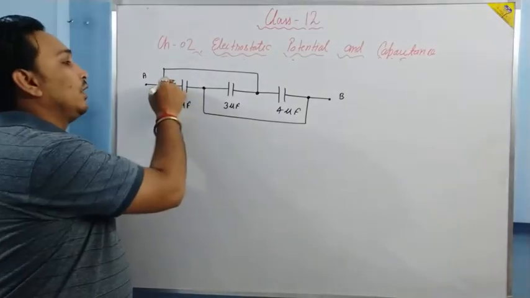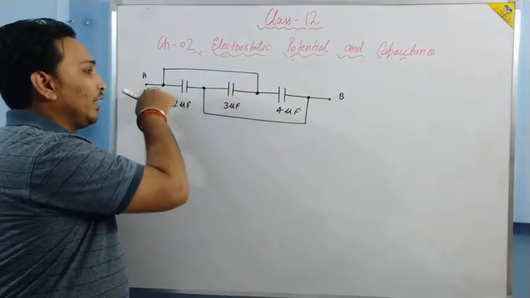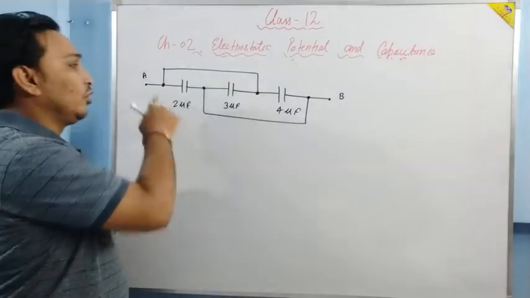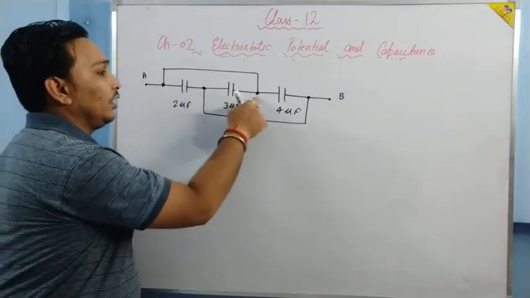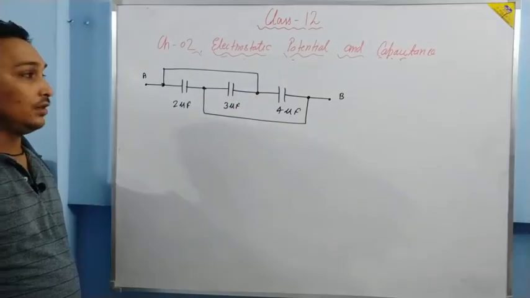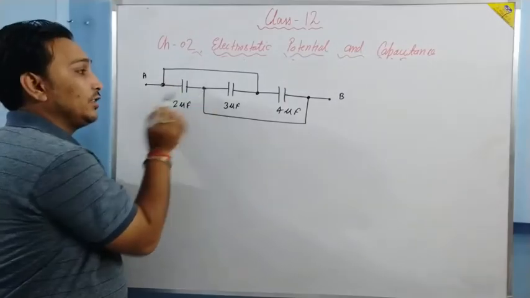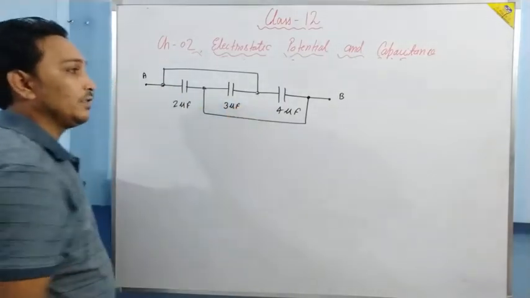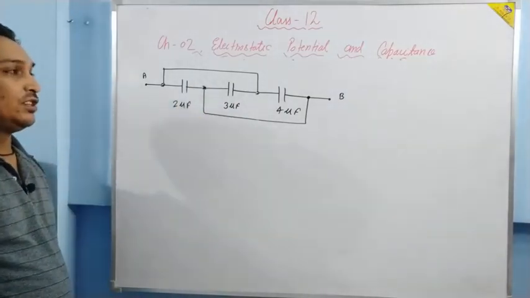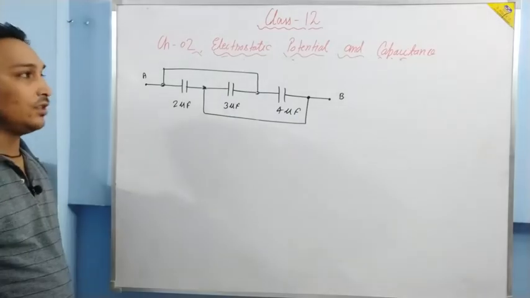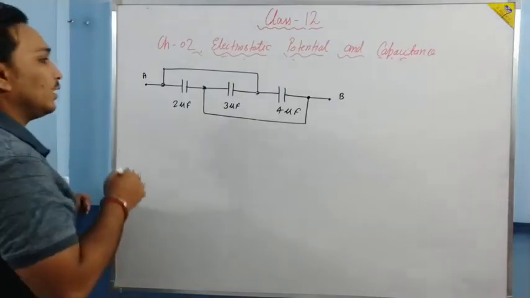Now just see, if we connect this and this, then we have a branch over here, but we cannot say from there till here it is a branch, because there is a junction in between. From here till here it is a branch, but from here till here it is not a branch. Is it clear? It is a very important concept also. Why is it so? Because there is a junction in between these two junctions. Okay, in a branch there is no junction. Now how can we solve it? I have a specific method for these types of questions.